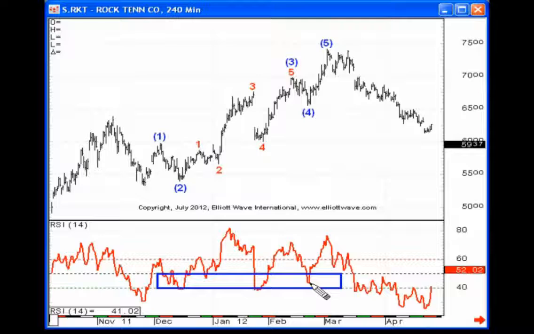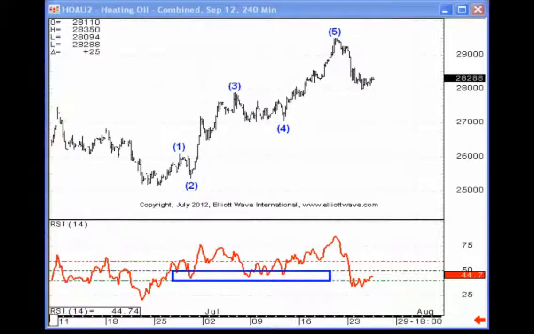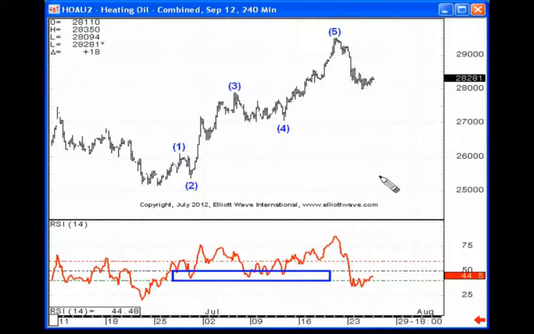Today's lesson is how to utilize RSI to identify counter-trend moves within uptrending markets and counter-trend bounces in downtrending markets, and how, again, that works with the wave principle, and it allows you to have more confidence in your wave counting ability, and also in identifying higher probability trade setups. Here's a price chart, a 240-minute price chart of heating oil, and again, this move to the